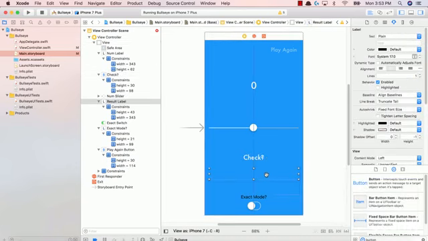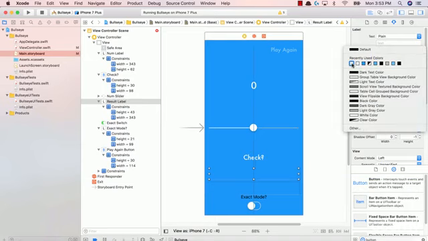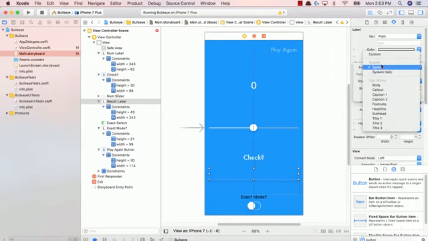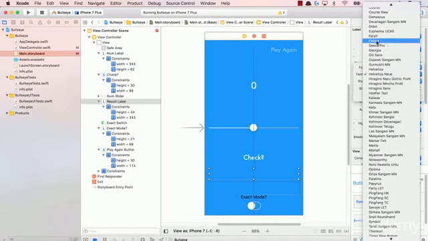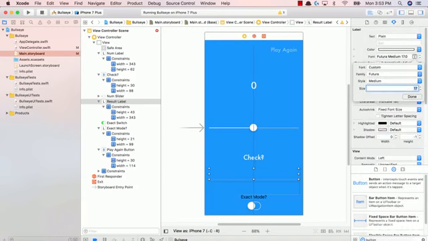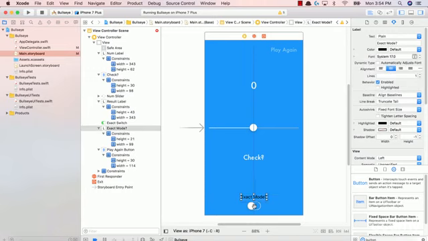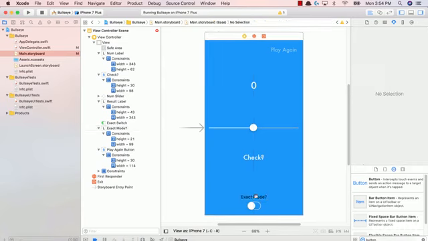And now we have our label. So our result label, again, has to be the exact same format, white, Futura, over here. And let's go ahead and make the size 24 as well, okay? So there's that. And then we have the last two things of our application, the exact mode and the exact